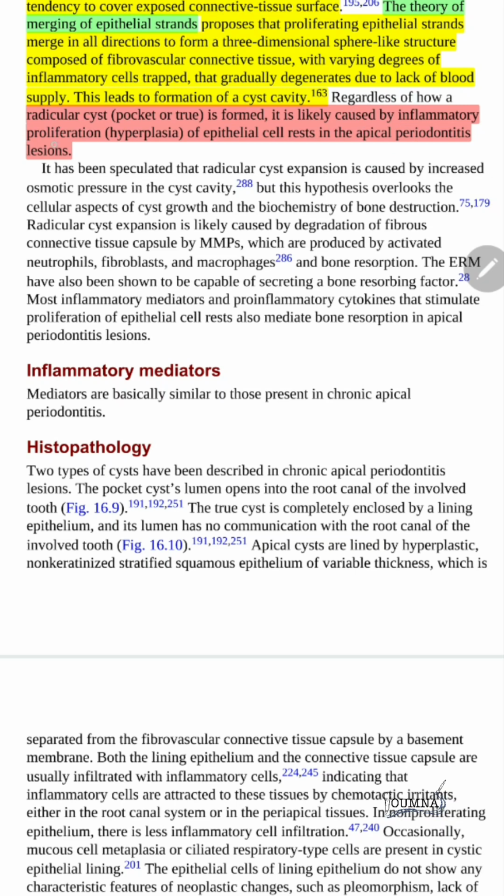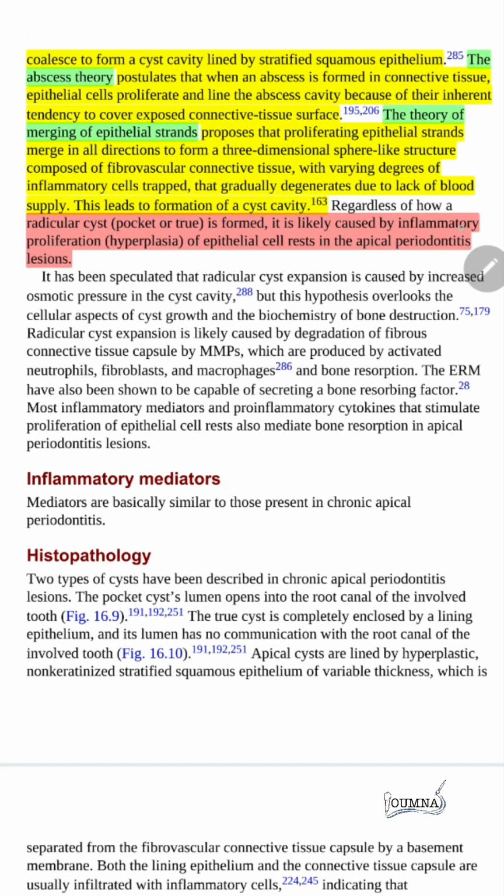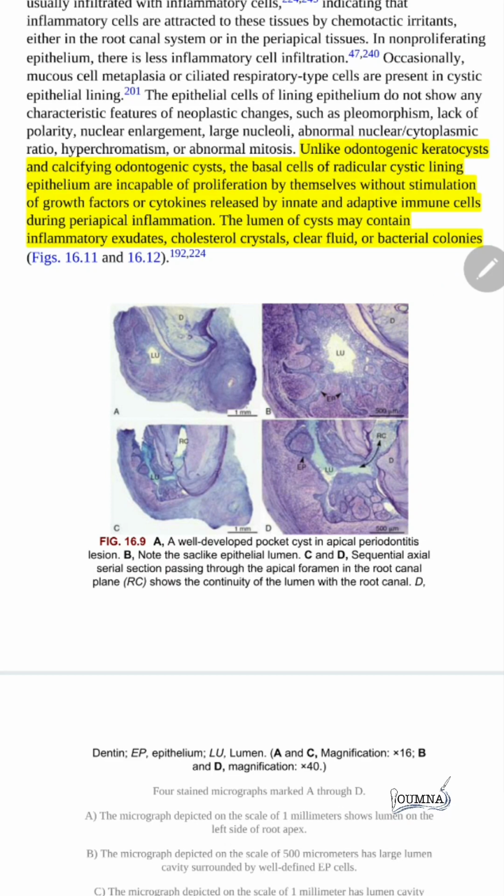Regardless of how a radicular cyst is formed, the main reason that causes the proliferation of the epithelial cells is inflammation. We must differentiate between a cyst whose source is inflammatory, where growth factors and cytokines stimulate its growth, and the odontogenic keratocyst and the calcifying odontogenic cyst, which means the other lesions that grow by themselves